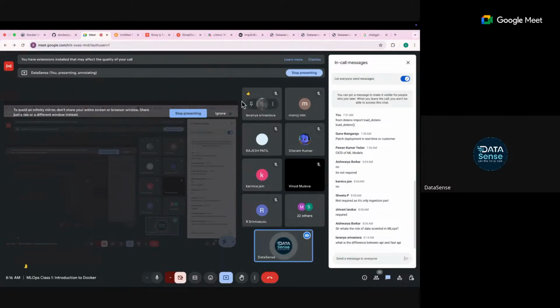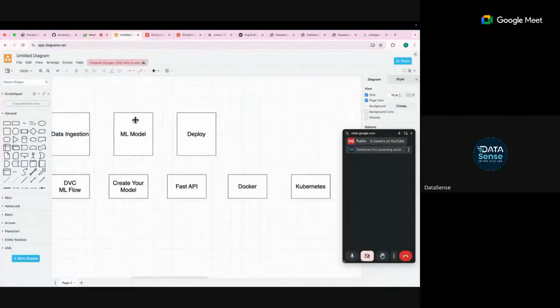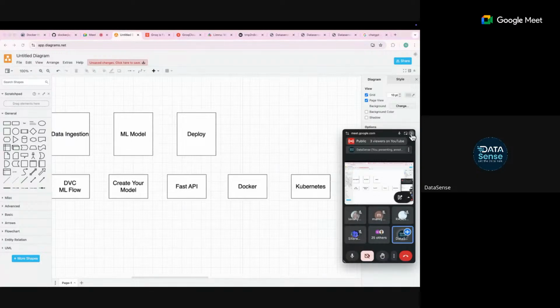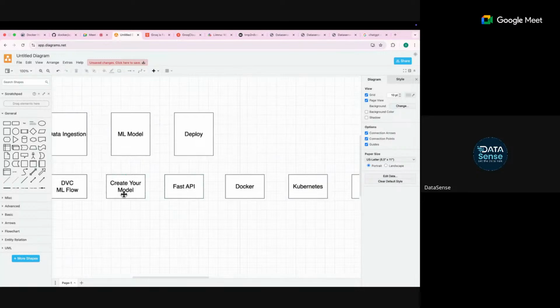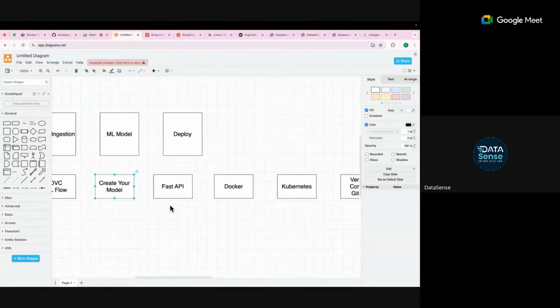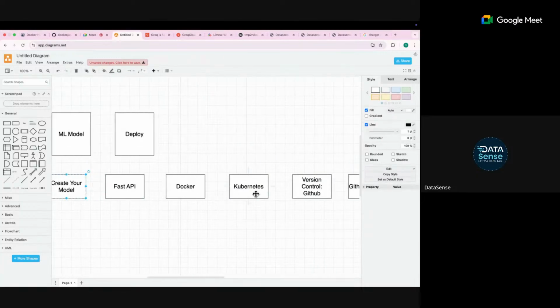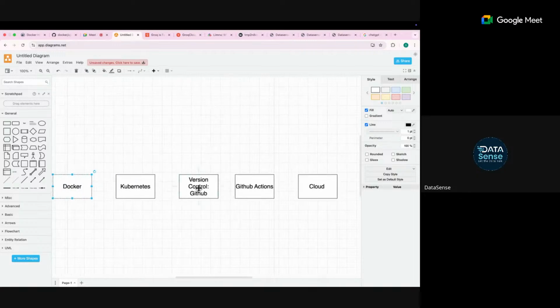All good. I mean, don't get overwhelmed by seeing all this. If you're seeing it for the first time, it's totally fine. These all are very conceptual things. The coding part you have done here. After this, everything which we are going to study is more conceptual. Like Kubernetes is totally conceptual. Docker is conceptual. If you see, there's not enough coding in Docker. There's technically no coding in Docker. There are just a few commands you need to know, right? And version control also doesn't have enough coding. So these all are conceptual things.